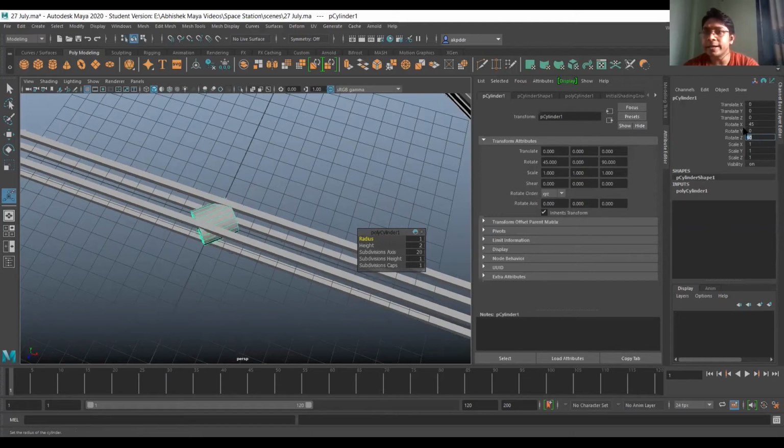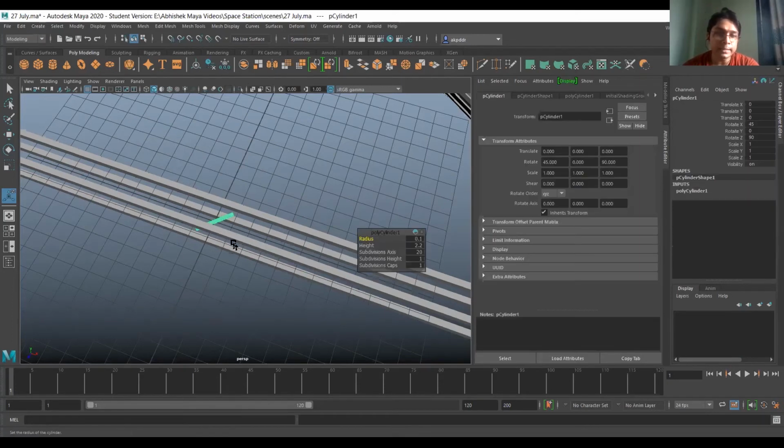In inputs, give radius 0.1, height 2.2, and subdivision axis 20. So again I'll repeat the values: rotate X 45, rotate Z 90, radius 0.1, height 2.2, and subdivision axis 20.